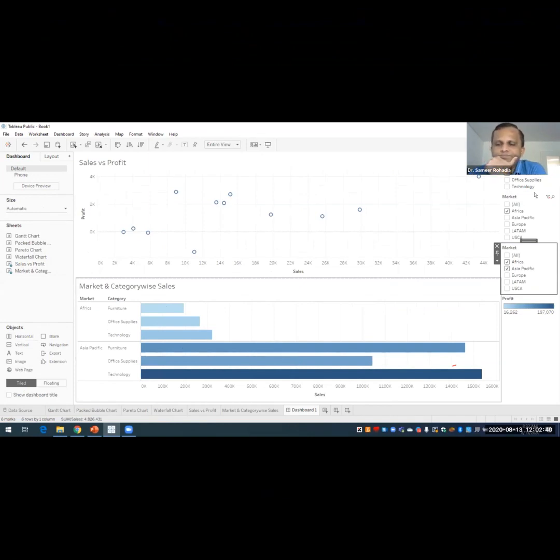Now, instead of these two market filters, I want to have only one common market filter for both charts, because having two is a little bit confusing.